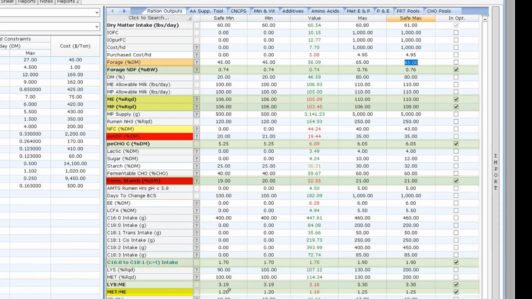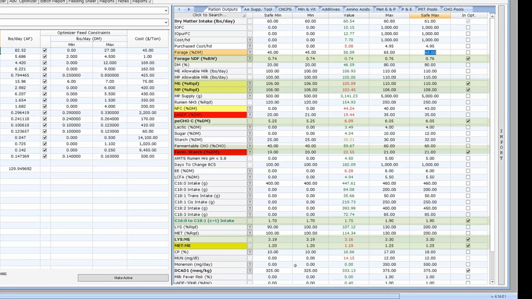This is based on some of the newer analysis from Cornell and Van Amburgh's group, where in CNCPS biology, which is what we are, we want to have that methionine to maximize milk protein and milk volume, the ratio of 1.2 to 1. And given where milk protein value is right now here in the US, I'm pushing that between 1.2 and 1.25 to 1.